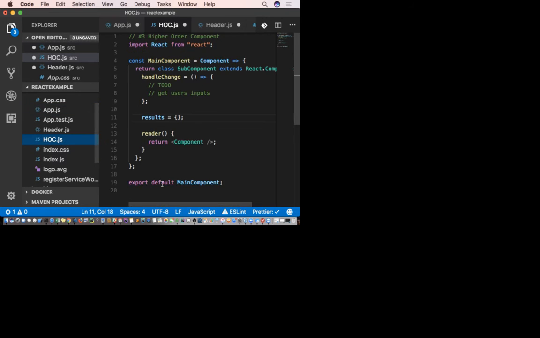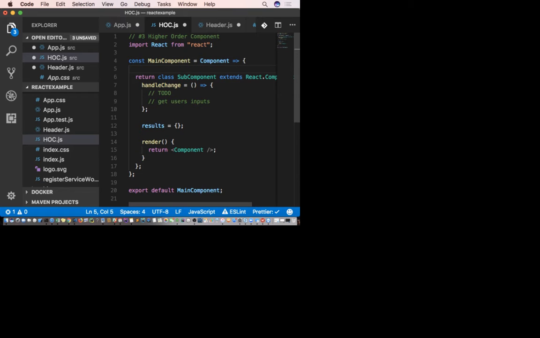When we look at the HOC, it's just a function. You see? It's just a function over there. That's functional paradigms. You guys have a lot to do, and unfortunately, I won't be able to teach everything today. Anyway, any questions about different types of components? Is that clear for everyone?